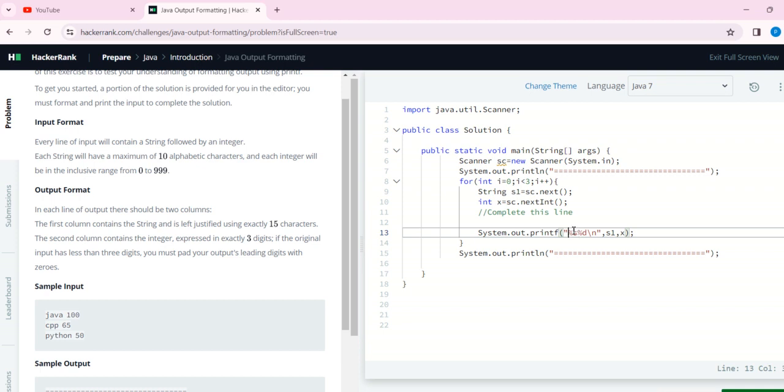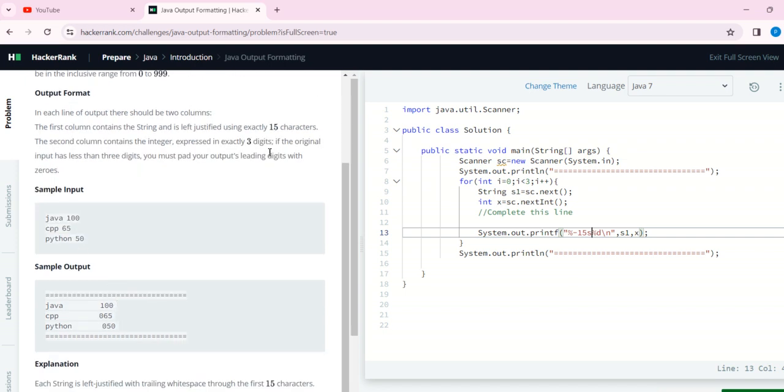So we write %-15s, with the minus meaning left justified, then the integer has to be expressed in exactly 3 digits. If we don't use 3 digits it prints 65, but we have to print 065. So we use %-15s%03d\n. Now we have to run the code.